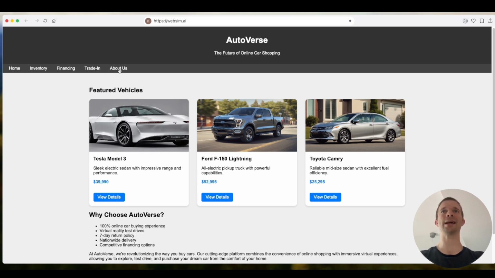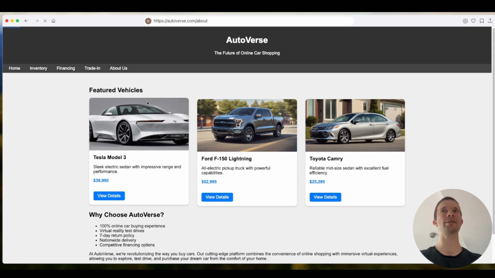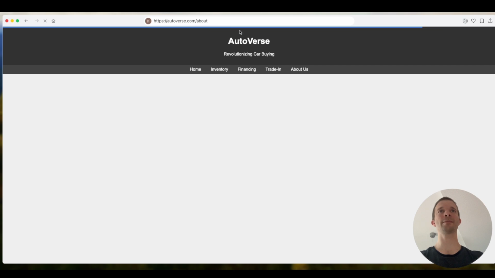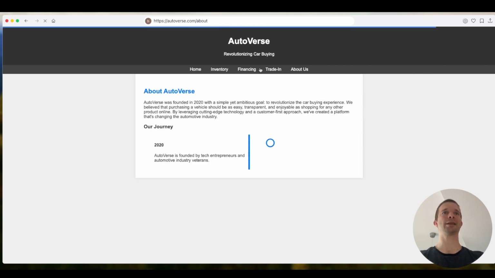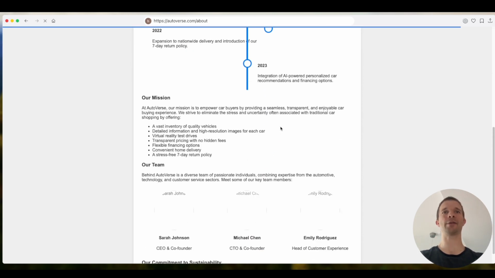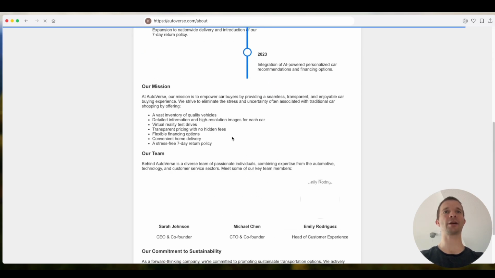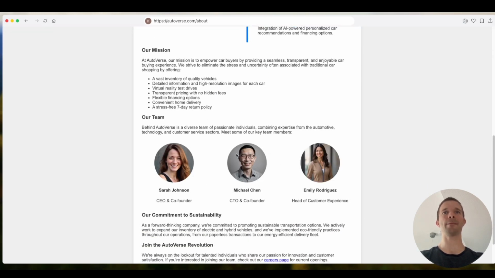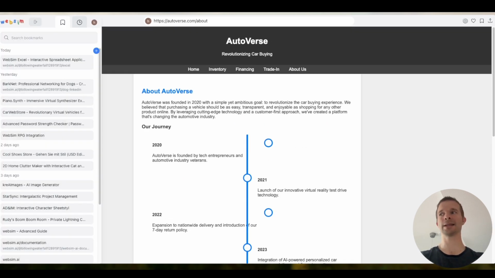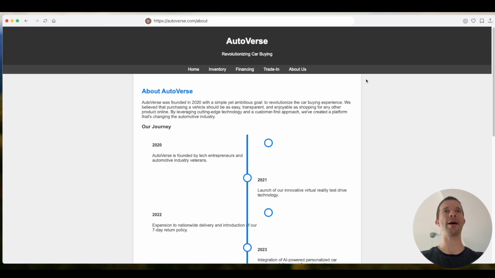And if you click on it, they're going to be generated on the fly. So now it's generating this page, and you see you have this URL, this fictional URL in this virtual environment, which is called outerverse.com, and now we are on the About page. The navigation is pretty consistent, and this is very nice. And here we have the About page, and now it's putting in the content and even generating some pictures of the people who are working at this company. Very nice. So now we just want to go back,